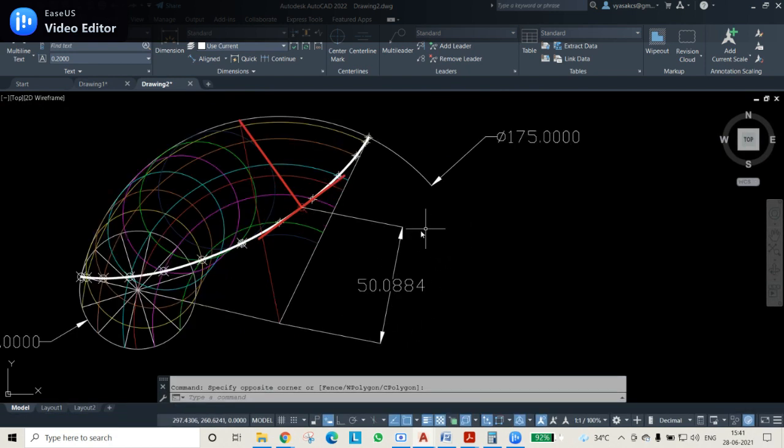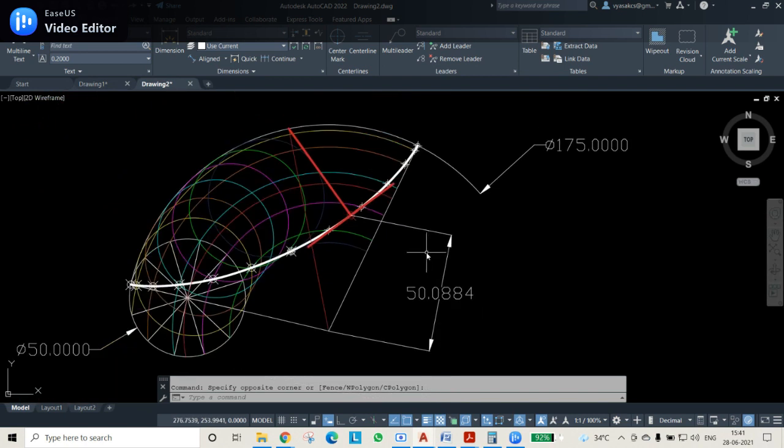Okay, so this is how you draw the hypocycloid, and the tangent and normal are also drawn here. You can give the name as hypocycloid, using multi-text, for finishing. Once this is finished, your diagram is finished. This is the easiest method of drawing the hypocycloid in the AutoCAD version. If you are not using this color coding, there is a possibility that you will get confused a lot. So try to use this color coding, which will help you a lot while drawing it.